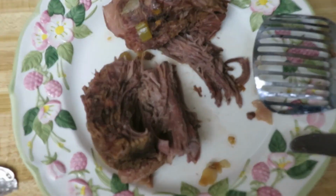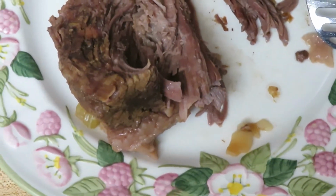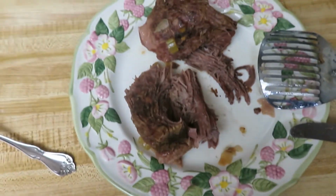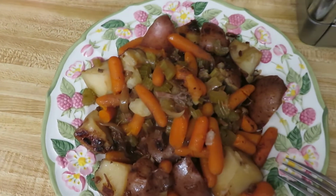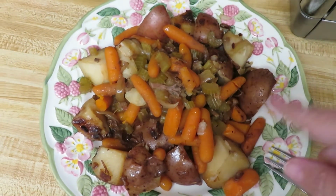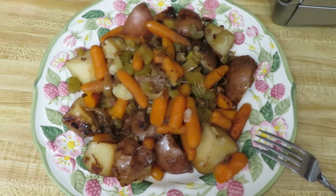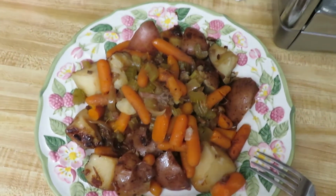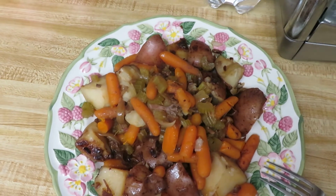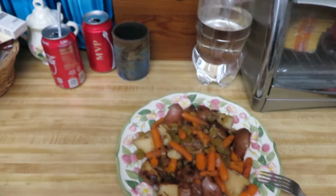So I'm still eating. This is how it looks after it's been cooked. There's my carrots, celery, and potatoes, onions on this plate. I will put it in the bowl as I eat along with it. So yeah,